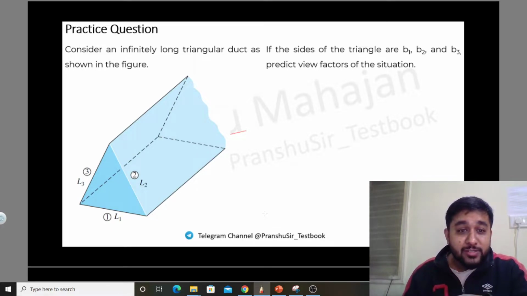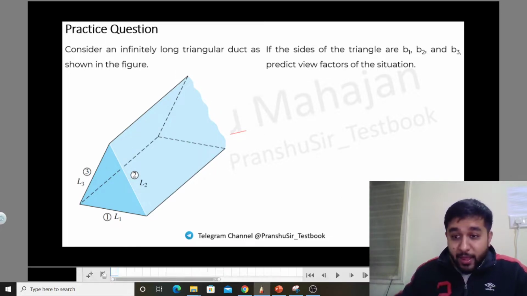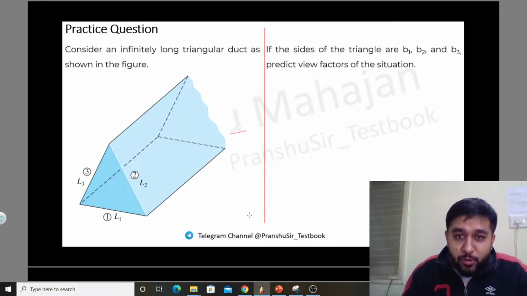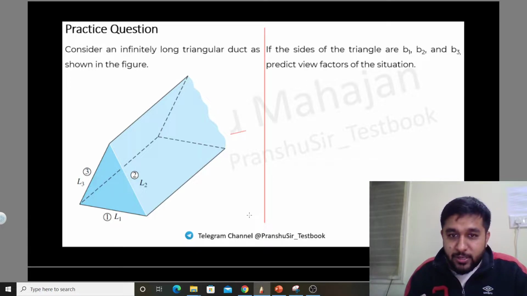Guys, today is 3rd of December and on 1st of December I gave you a practice question. So without wasting any time, let us quickly go through the question. The result of this question will be used as a standard formula in all such kinds of questions. So definitely for GATE 2022, this is an important question because this time IIT Kharagpur is going to make the questions and it is the home ground of SK Som Sahab and Suman Chakravarti Sahab. So definitely questions from fluid mechanics and heat transfer are going to be good. So let's quickly go through it.